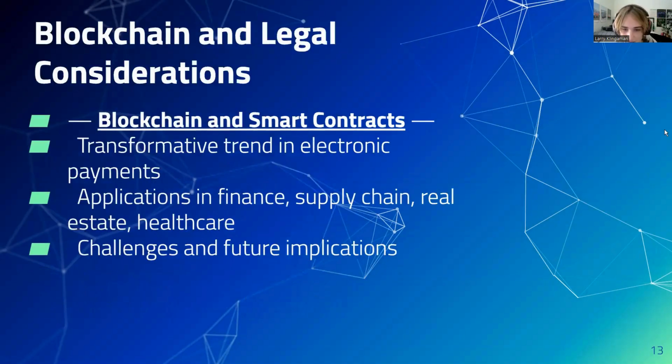And next, the integration of blockchain technology and smart contracts marks a transformative trend in electronic payments. Blockchain, a decentralized ledger, ensures secure and transparent transactions, particularly in the realm of cryptocurrencies like Bitcoin and Ethereum. Smart contracts, self-executing agreements encoded in blockchain, bring automation to payment processes, streamlining transactions in various industries. In finance,